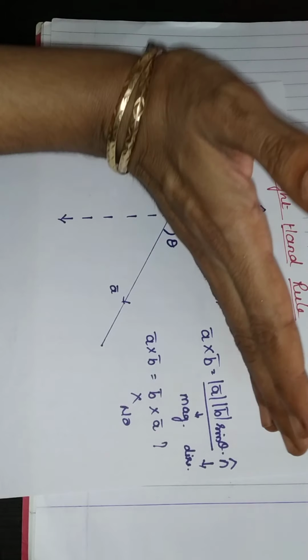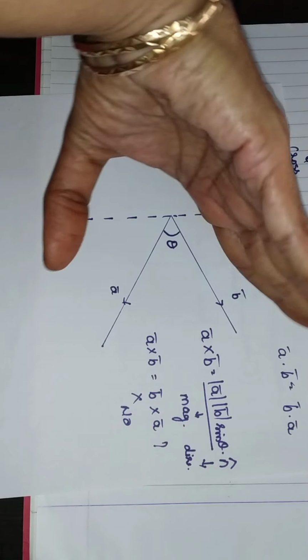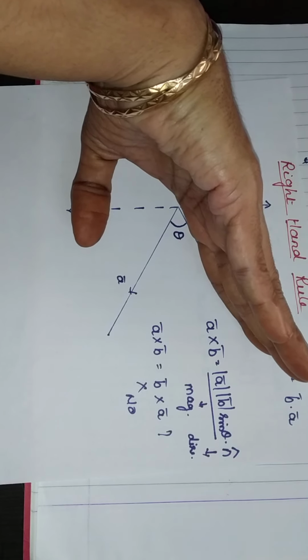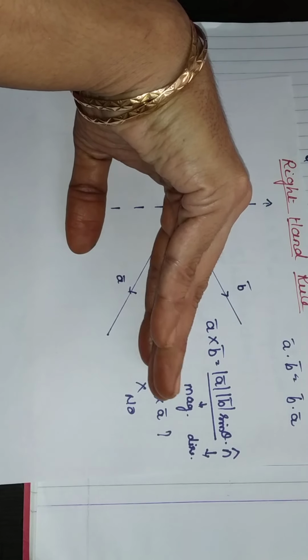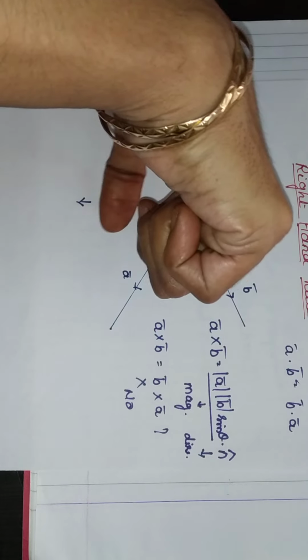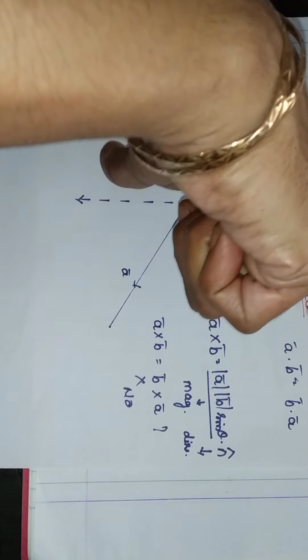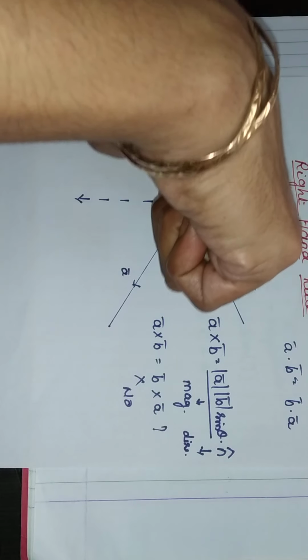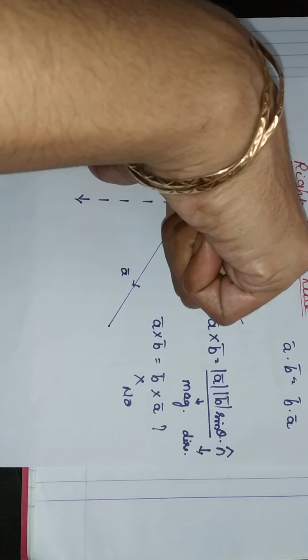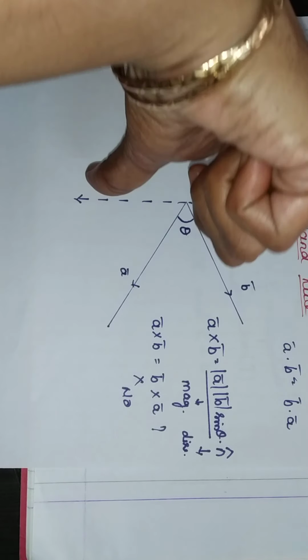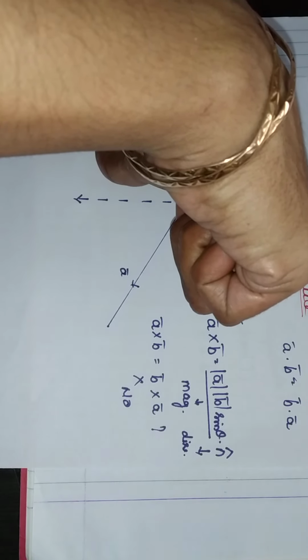So to find the direction, we hold our hand in the opposite direction, this way. And from B we move to A. Now when our fingers curl this way, our thumb is pointing in the downward direction, the opposite direction. All of you can try it out at home. So that is why B cross A is a vector which has the same magnitude as A cross B,